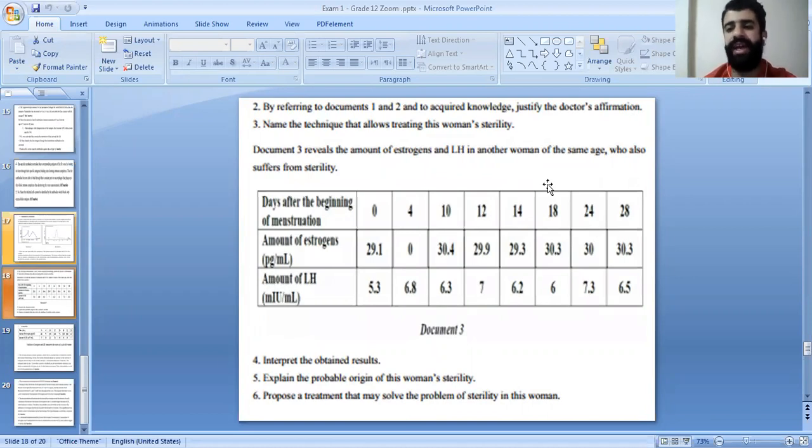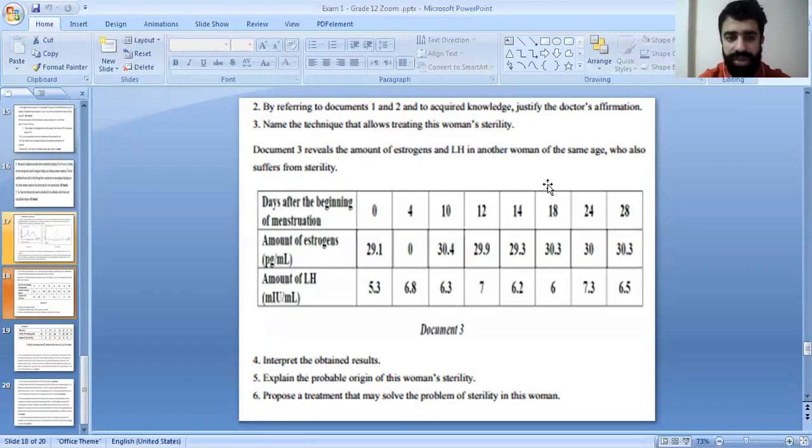If you said only IVF, that's not correct. You have to mention both of them: in vitro fertilization and embryo transfer method technique. Document 3 reveals the amount of estrogens and LH in another woman of the same age who also suffers from